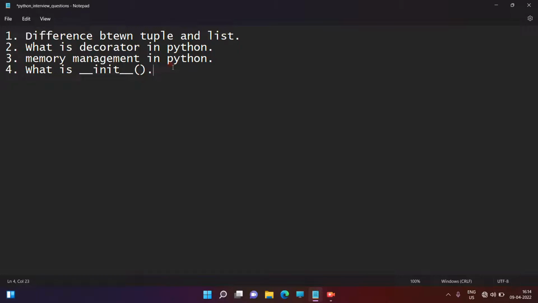Also, we can use a constructor for initializing the instance variables while creating an object. So we need not call the function separately, and we can pass any kind of value or argument to the constructor parameters. So what is the init method? The init method is a constructor in Python, and a constructor is used for initializing the class. Like that you can properly answer what a constructor is, what the init method is, and what the use of the init method is.